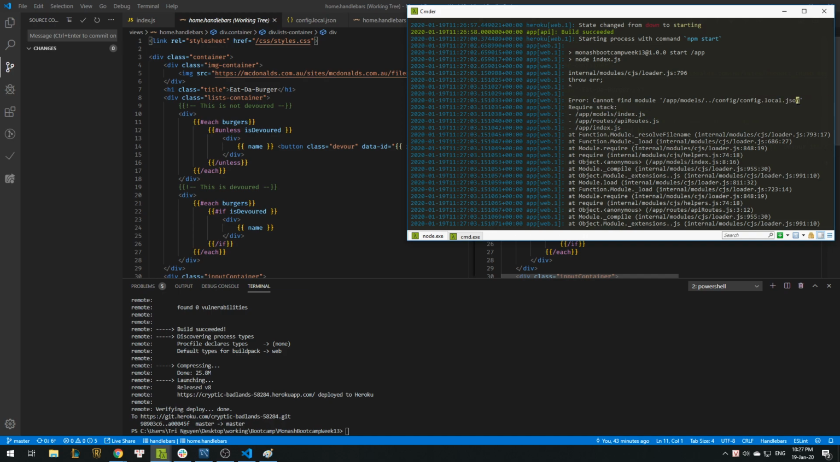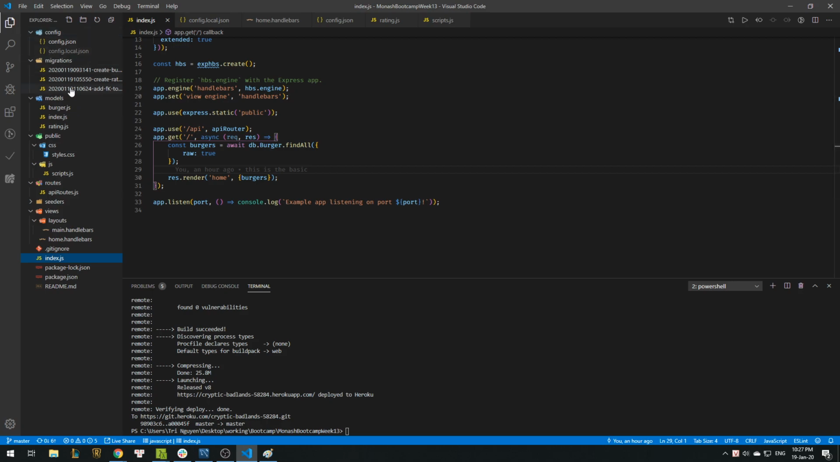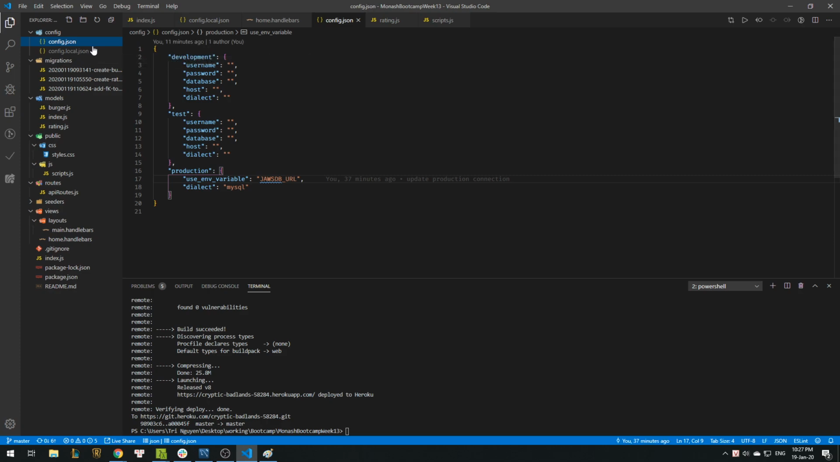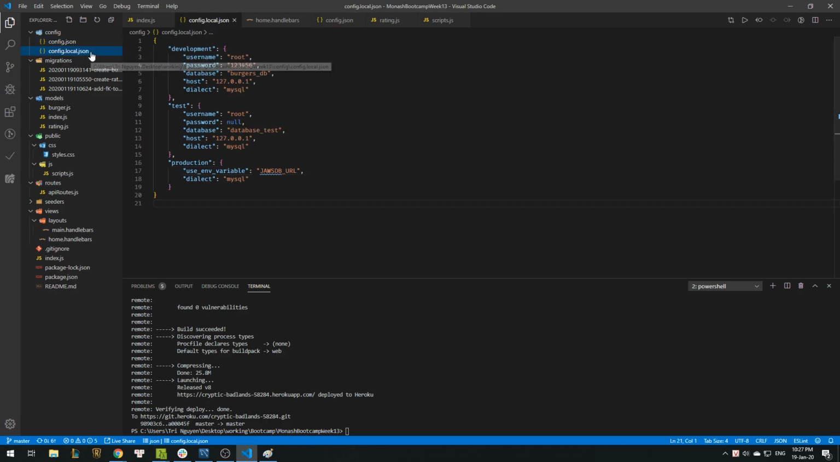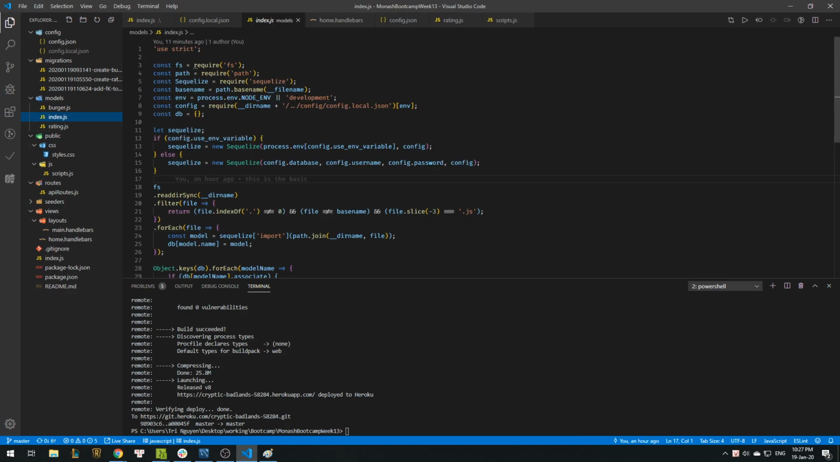How can we solve this? Alright, the one way to solve this is because this one still works, but it needs to read this one because we're telling it to read that one. Okay, so one way we can do is